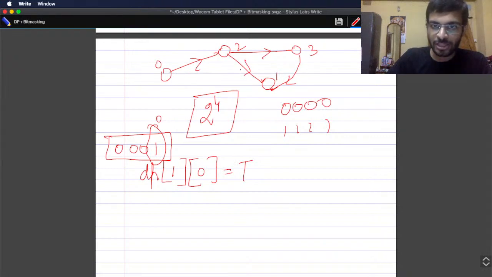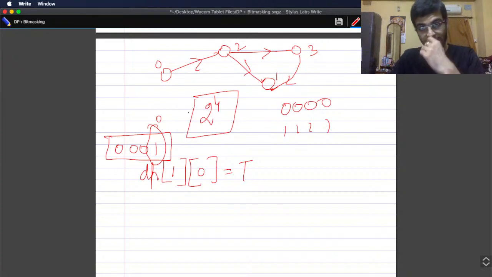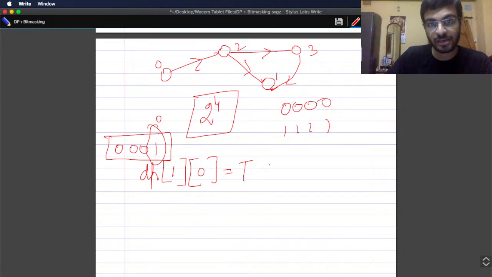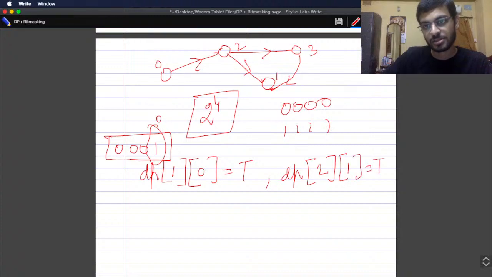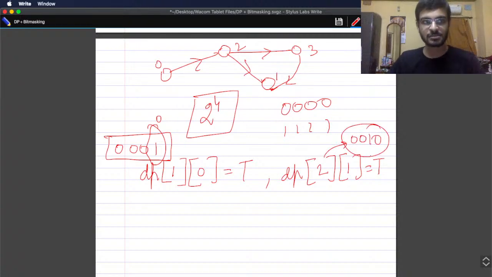फिर हम क्या देखेंगे, 0 से 2 तो इसका ट्रू आ जाएगा। बट पहले हम देखते हैं समथिंग लाइक दिस कि कैसे हम इसको डिराइव करेंगे। इससे पहले क्या मिलता है कि डीपी ऑफ 1 के लिए क्या होगा, समथिंग लाइक 2, डीपी ऑफ 2 1 इज इक्वल टू ट्रू। ये क्यों है, क्योंकि 2 रिप्रेजेंट्स 0 0 1 0। तो ये बस एक ही सबसेट में एक ही पॉइंट है जो कि 1 है, इसलिए हमने इधर ट्रू बिठाया।